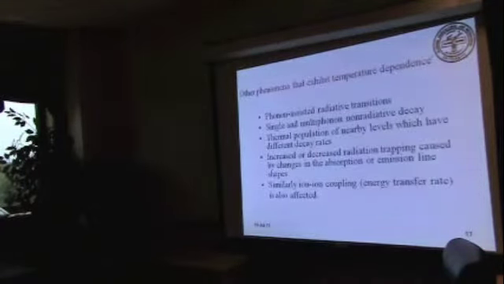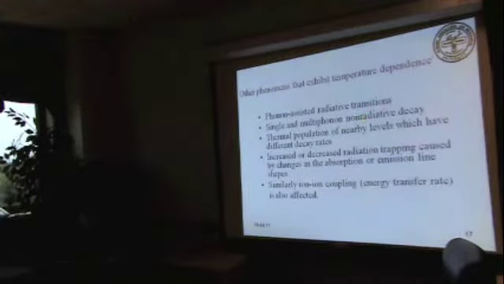In addition to that, there are various other phenomena that happen inside a material. There is something called phonon-assisted radiative transition. Whenever an electron jumps from a higher level to a lower level and no phonon is involved, you say it's an electronic transition. Sometimes it will be combined with a phonon, and then you say phonon-assisted transition. That probability increases with temperature. So this is another competing mechanism.